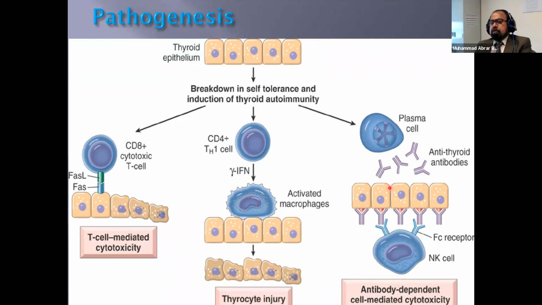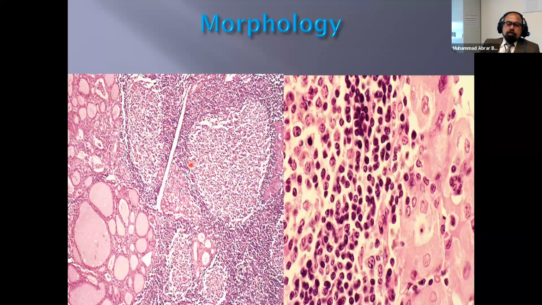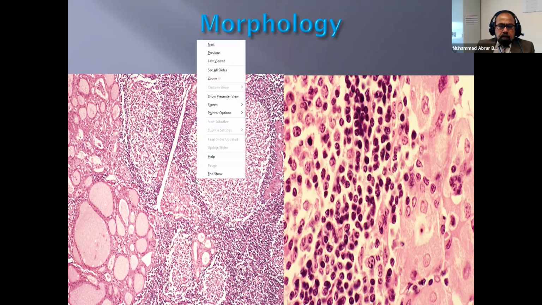accumulation of lymphocytes and macrophages occurs. So if you see the microscopic picture of this one, this is normal looking thyroid follicles with this lymphoid follicle. So a large amount of lymphocytes are being accumulated in this thyroid gland, and they are killing the thyrocyte. So slowly and gradually, what happened is that this one,